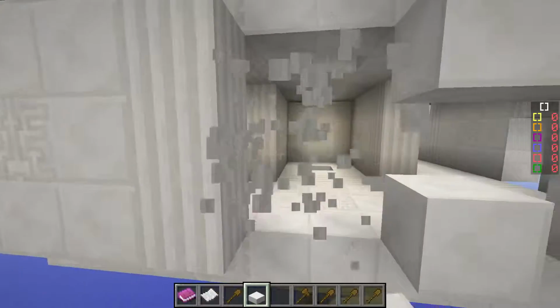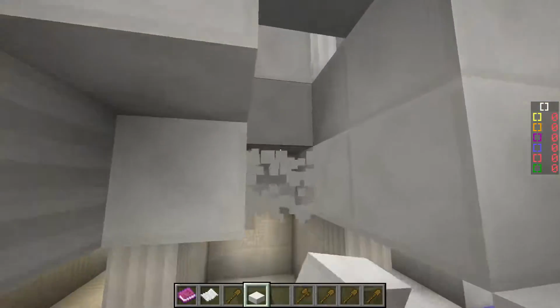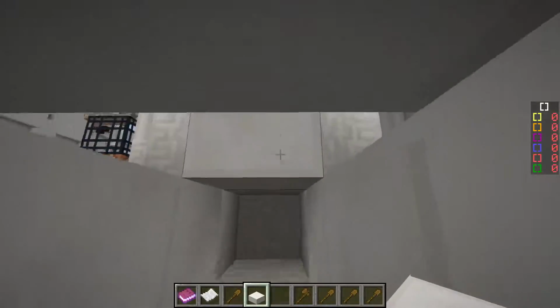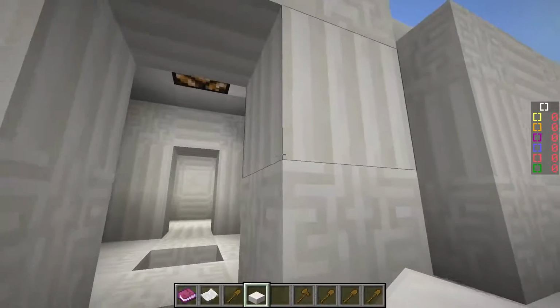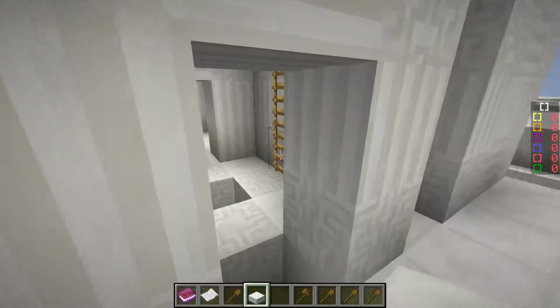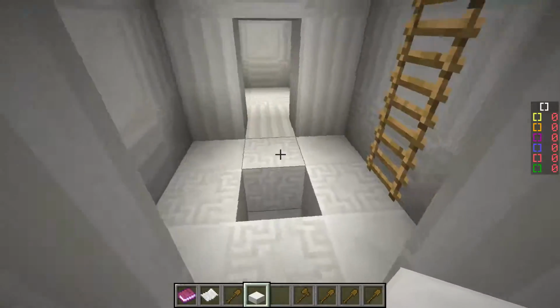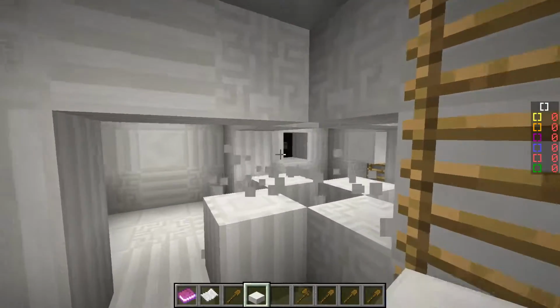Where you can jump down or you can jump up, and when you jump up you really do get put in this room. I just destroyed the spin puzzle. I guess it doesn't matter. And then